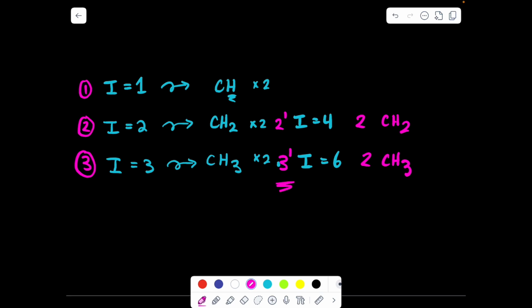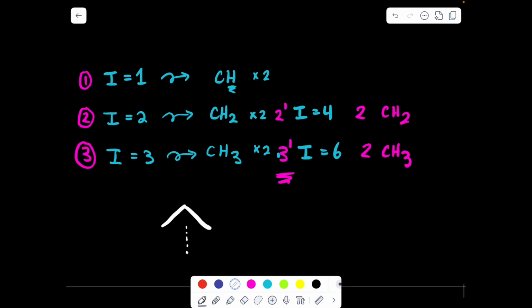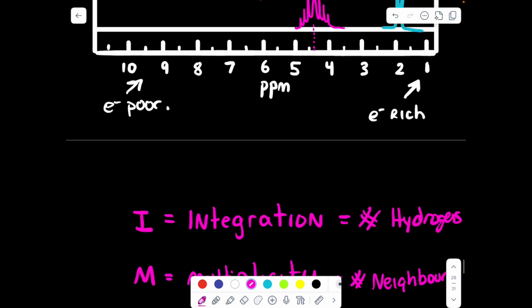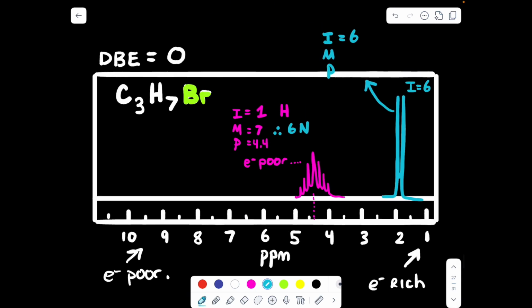So we have case 3 prime. We have integration equal to 6, so that means we have 2 CH3 groups that are equivalent to one another. So think about, for example, propane. If you split this structure directly in half, these 2 pink carbons would be equivalent. So the hydrogens attached to each of these carbons would also be equivalent. So the integration for the pink hydrogens would be not 3, but 6, because there's 6 hydrogens that are exactly the same. So I kind of just gave away the answer there, but this means we have